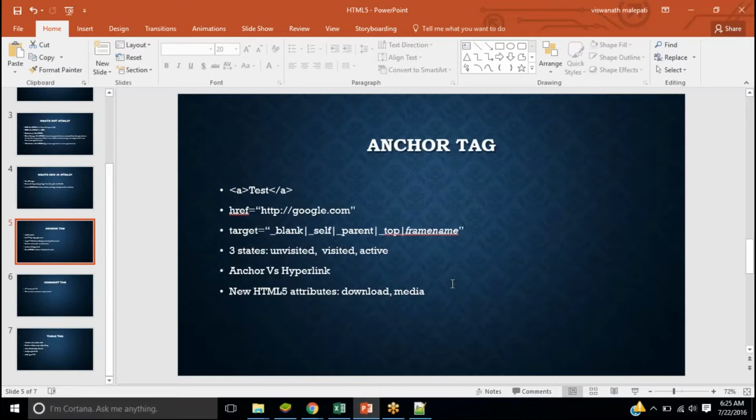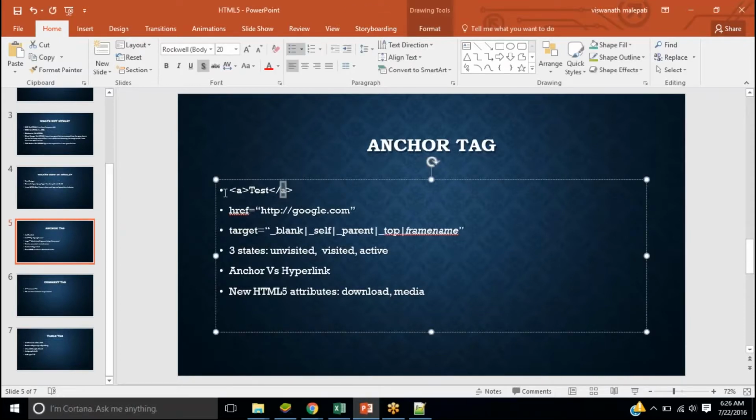When you want to link two documents, let's say you are expecting your user to navigate from one page to another page, or you want your user to refer to some other resource. It can be an image, it can be a media file like audio or video, or it can be another HTML file. Those kinds of links are created using the anchor tag. Generally the anchor tag will be something like this, the a tag. Just by having this particular tag, it will create a hyperlink for you.